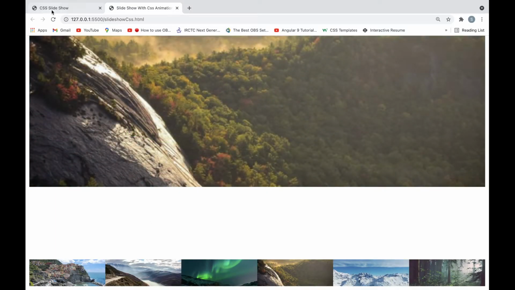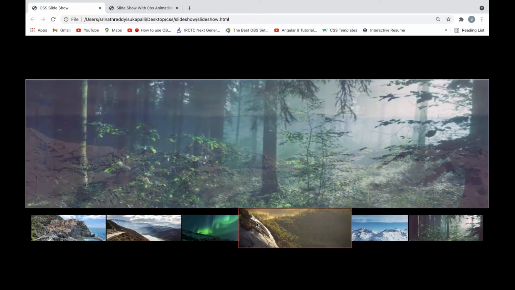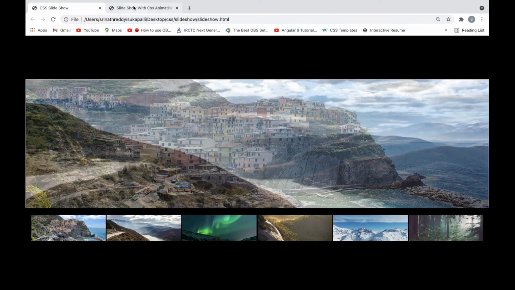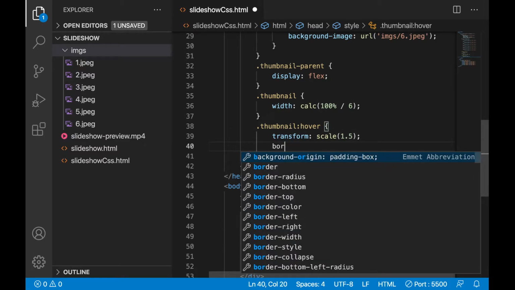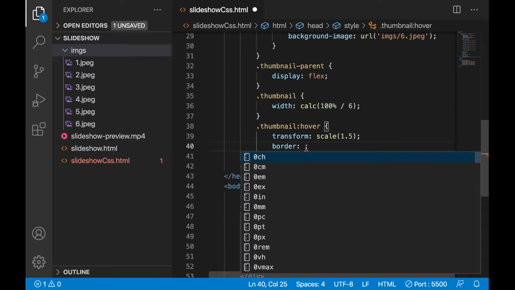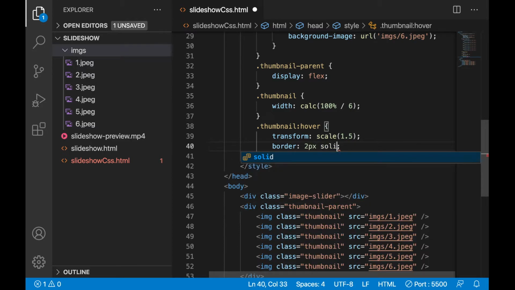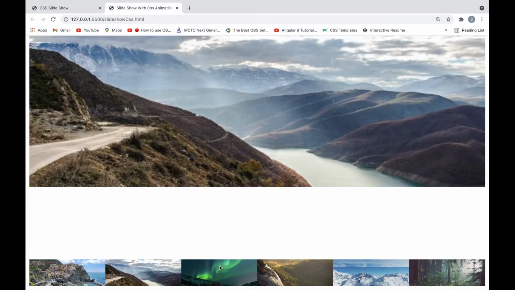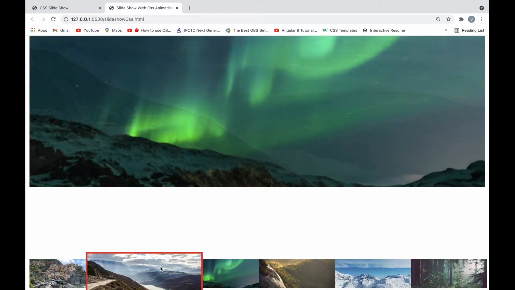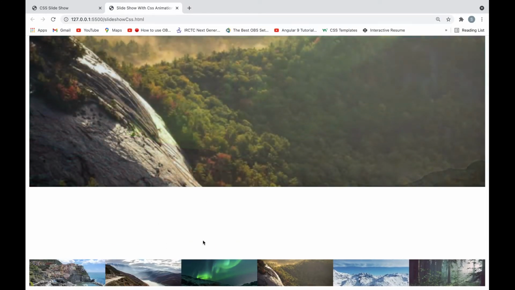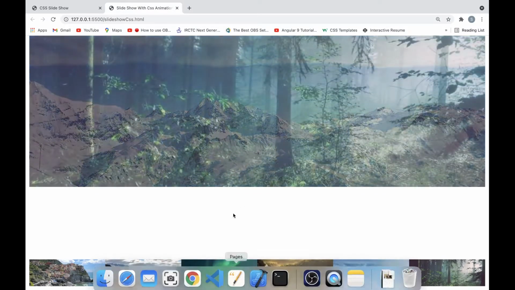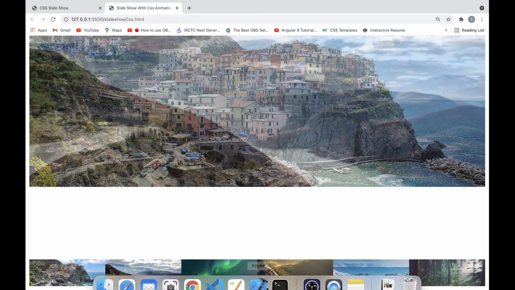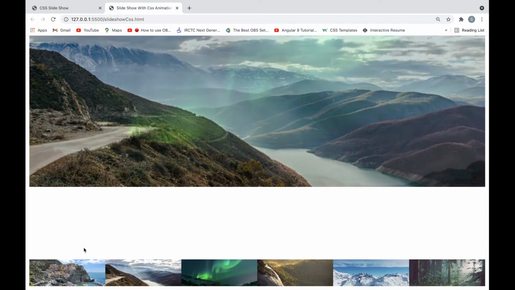Here some border should also be there, so let's give some border: border 2px solid red. See, it is moving actually. It is moving because I have given the border only inside hover.